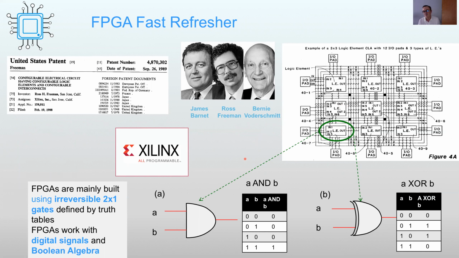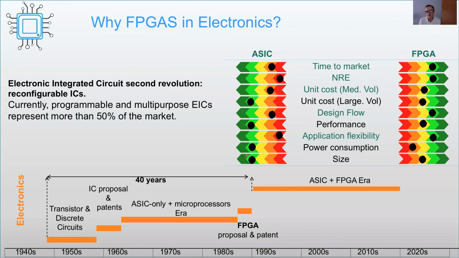And nowadays, FPGAs are used almost in any kind of application that you can imagine. So why FPGAs have been so successful is because they have advantages that supersede the capabilities of application-specific circuits, and most notably the time to market, the fact that the so-called non-recurring engineering costs are low because they are shared by all the designs. So also the design flow is very expedite because it's very fast,